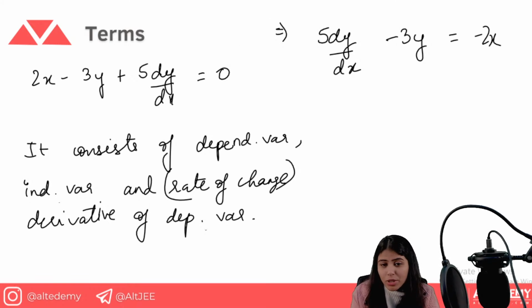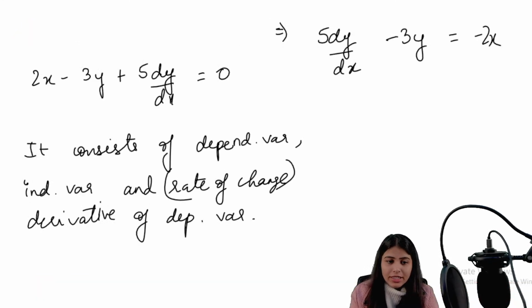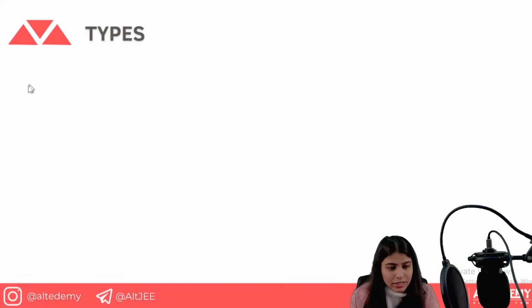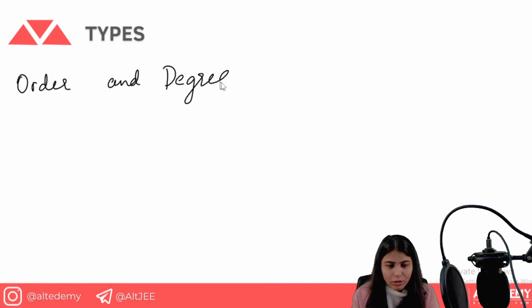Now, what are the most common terms you will be getting used to? See, these are terms like order and degree. I hope you already know what order and degree are. Order is basically the highest order of the derivative. For example, we have y dash, y double dash. Y dash is dy by dx. So if we have y triple dash, then 3 will be the order because it is the most differentiated one, like dy by dx, d square y by dx square, d cube y by dx cube. It is differentiated 3 times, so the order becomes 3 here.